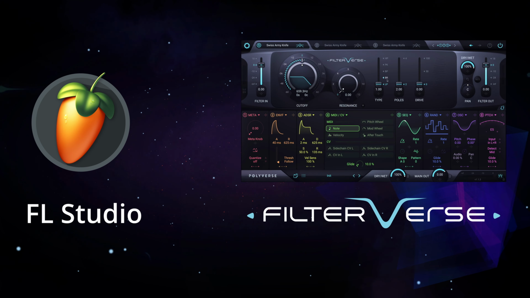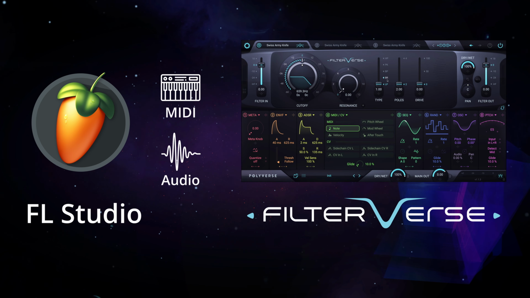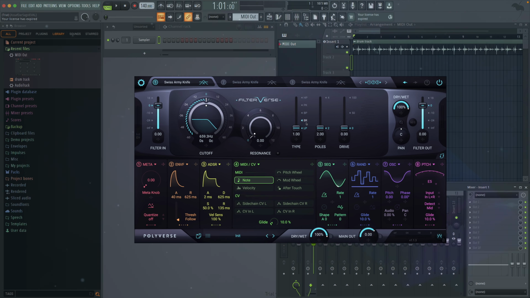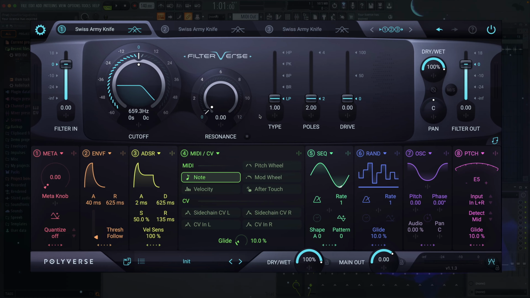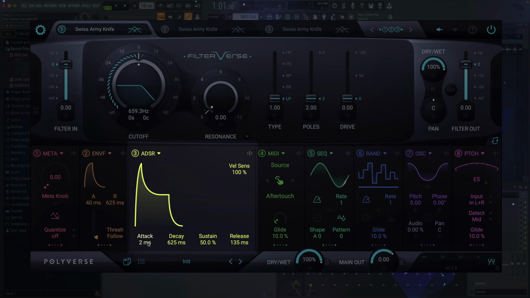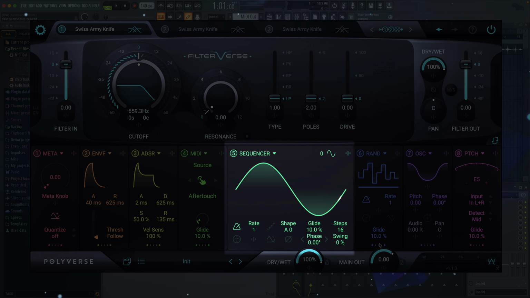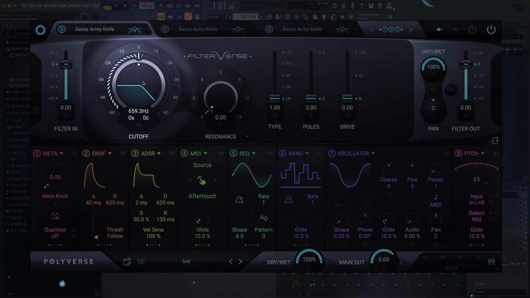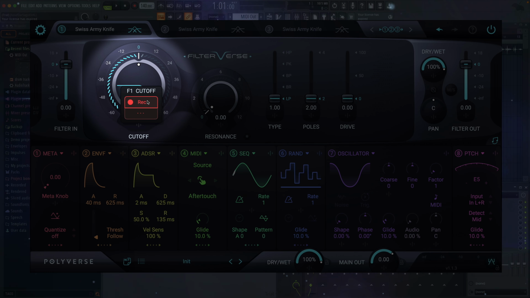In this video, you'll learn how to route both MIDI and audio into Filterverse using FL Studio. Filterverse can receive both audio and MIDI at the same time, unlocking powerful features such as MIDI note and velocity modulation, retriggering the ADSR, LFO, and random generator, tuning the internal oscillator, and even sample-accurate MIDI CC automation for all